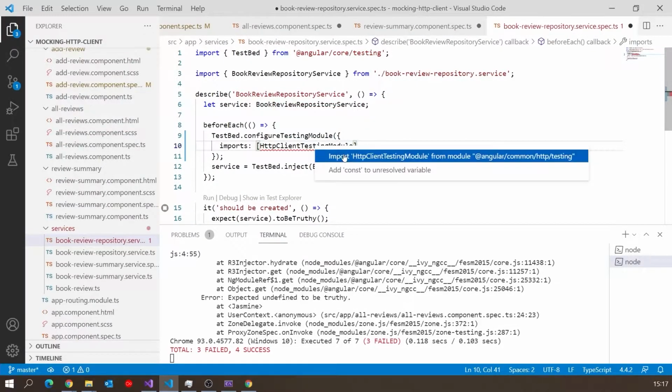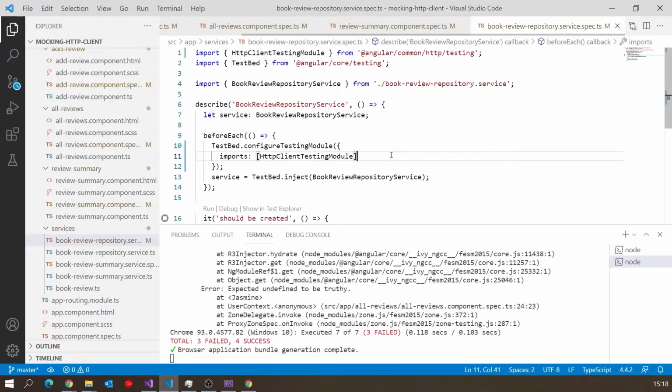Get hold of it. And now if we save all of those, we can see that's all working because we've now configured it so that it injects that HTTP client testing module into any situation where an HTTP client is required, and so we're effectively mocking it. So that's got the code working to the extent that we pass the tests, but we still haven't got any really sensible tests. So let's actually do that.